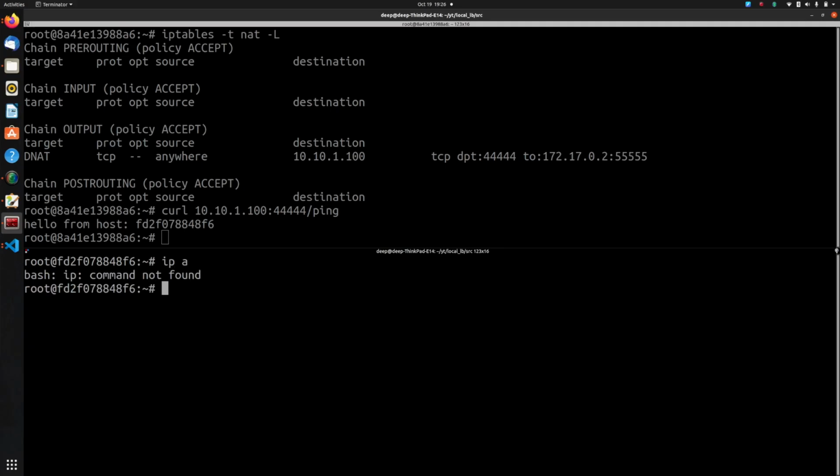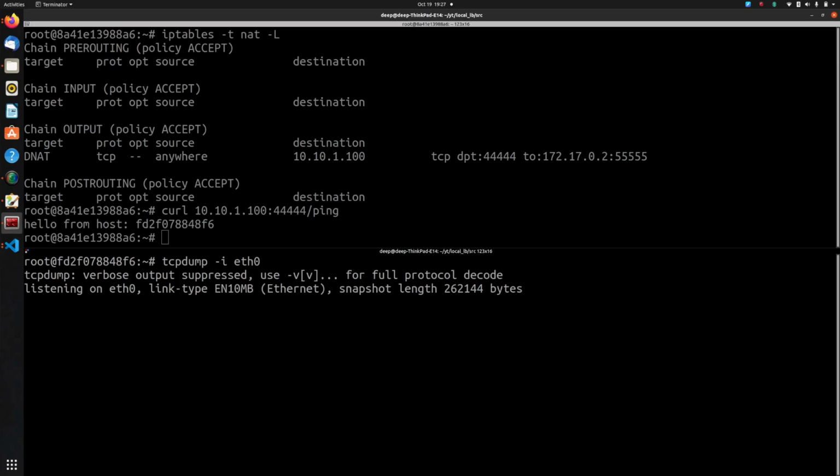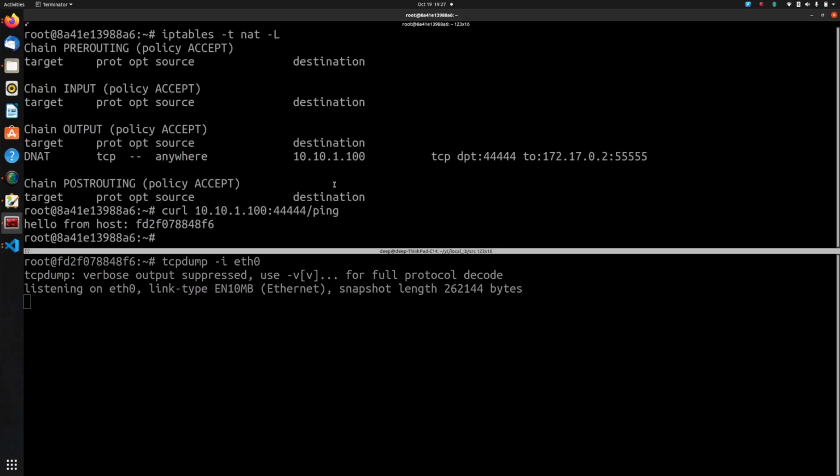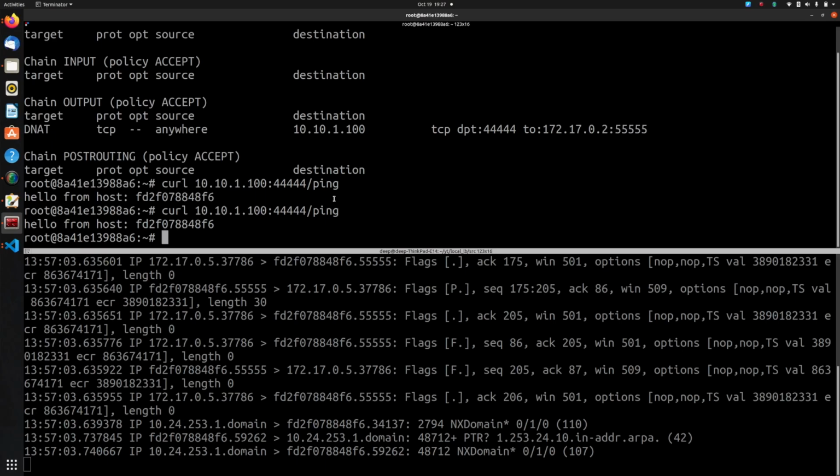And let's, okay, ip is not present, but never mind. The default interface would be eth0 at if something something. So what I can simply do here is tcpdump -i eth0. Let's monitor what's happening on eth0. And now if I do this, look at this.